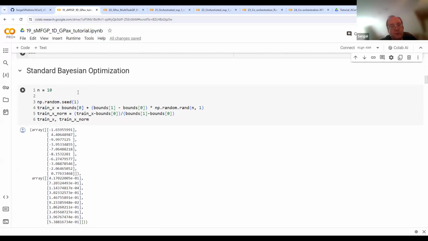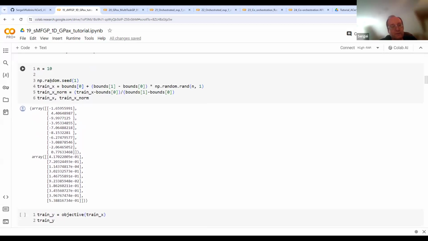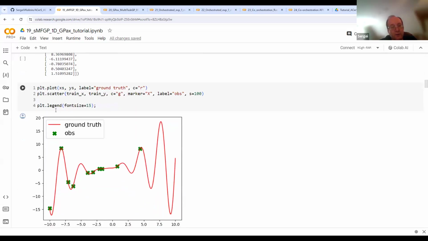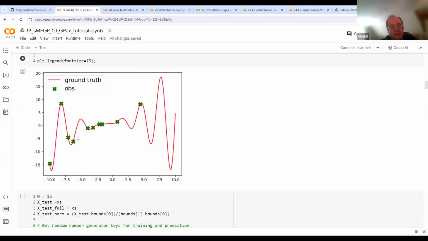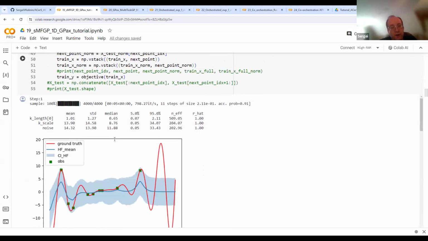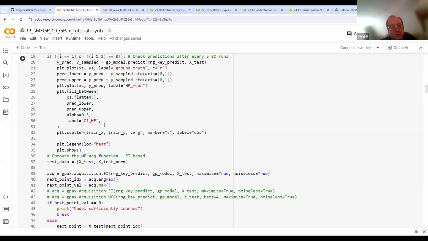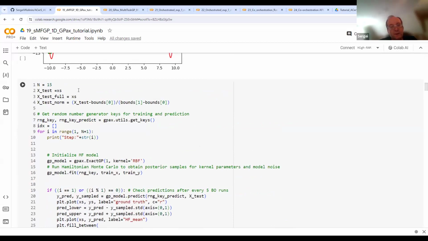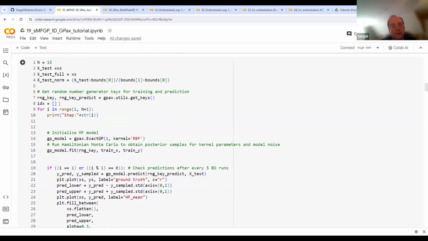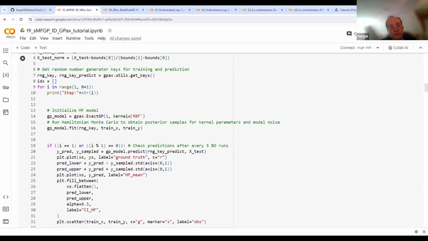So this is the example when we start to run the classical Bayesian optimization. We introduce our parameters, we introduce the train bounds, this is our initial optimization, this is our initial observations. So we run the Bayesian optimization, this is what we are going to see. This discovery loop is something that you already have seen many, many times. We introduce what is our experimental budget. We introduce the control parameters, then we start the optimization loop, and then we do the usual